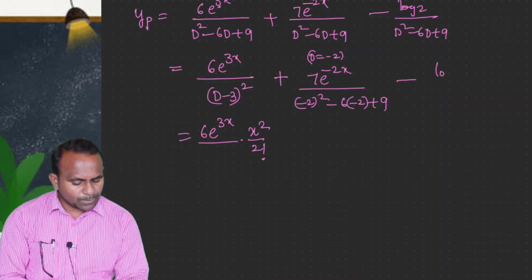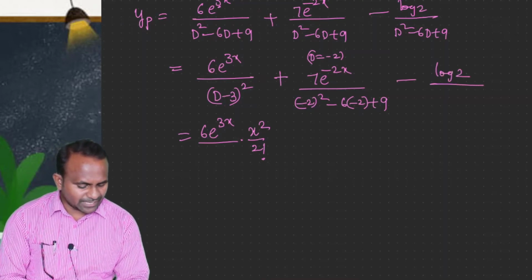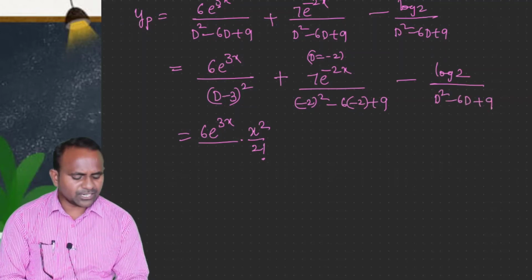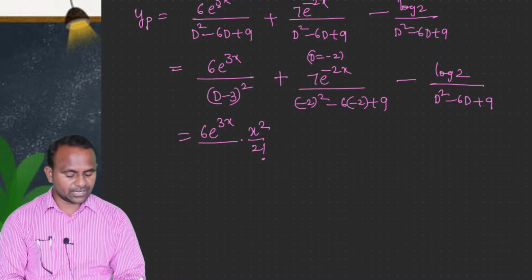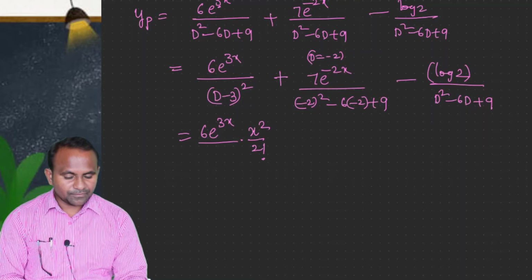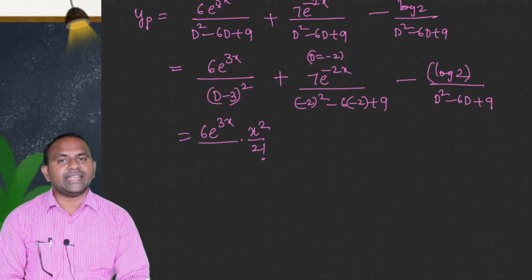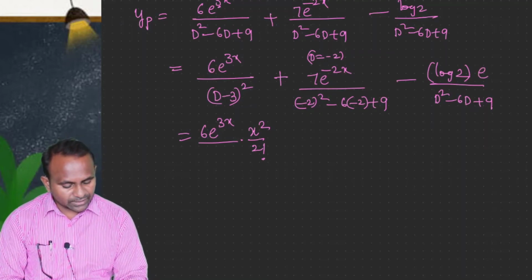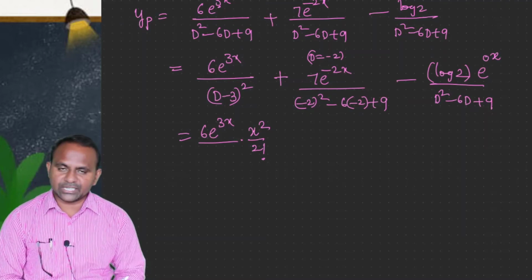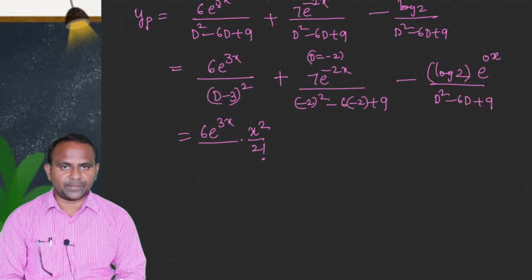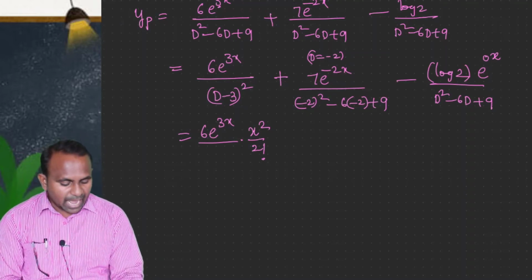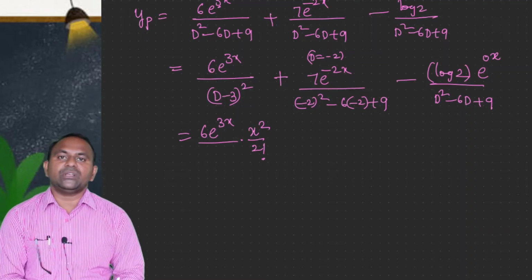Now what about this? It's a log function, a logarithmic function, but it is a constant. Logarithmic term is there, but it is a constant. I can say constant function. So there is no exponential here in this case. Since it is a constant, we have the method whenever e^(ax) is involved. So I will convert this as e^(ax) by taking a as 0, because e^0 is 1. We simply write it in this way. Now it is a constant times something, like 7 times e^(-2x) and log 2 times e^(0x). Both look similar in sense.